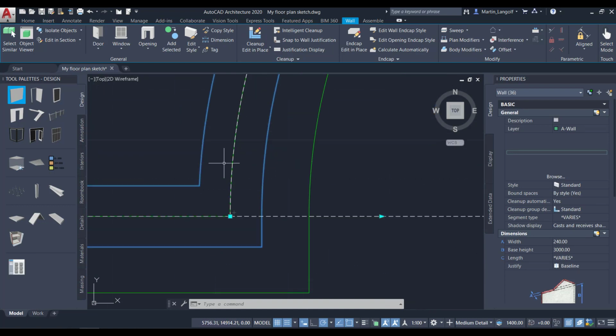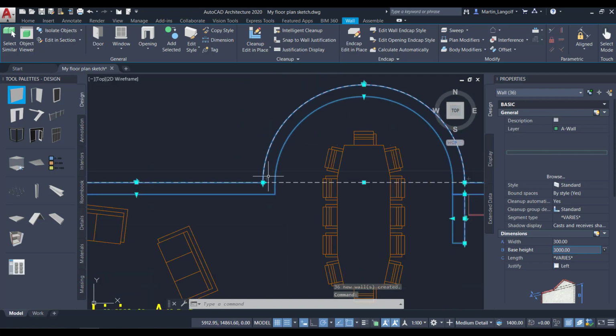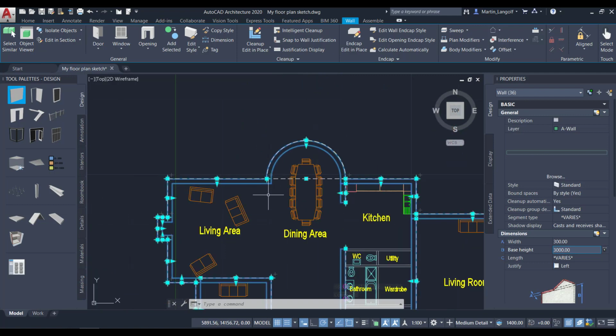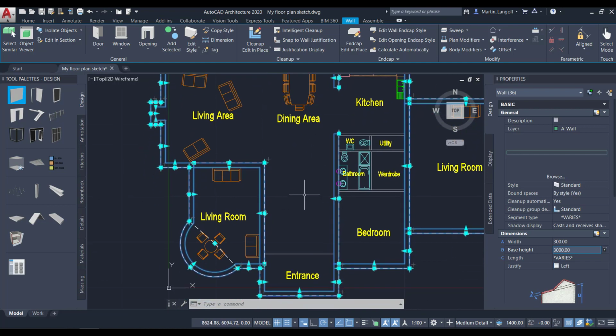However, the justification of the walls is still in the middle. So right in the middle of the line work that I have selected, and I would like to adjust it to the left, so it goes from the outer perimeter of my walls to the inner wall. And also I would like to adjust my wall width to 300 units, as my floor plan has been designed to be 300 unit thick walls for all the load bearing walls.